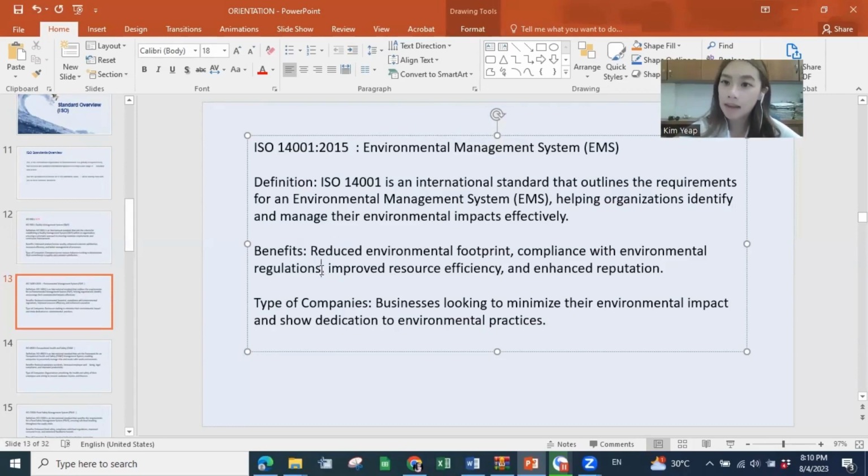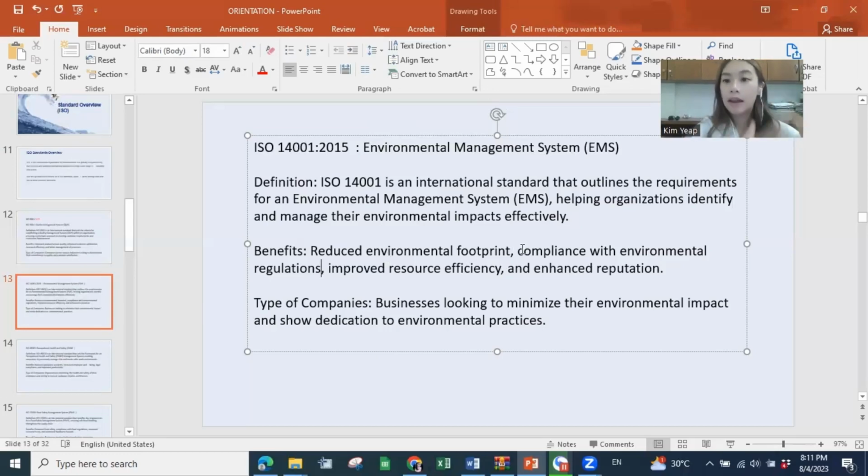If it's a regulation from the authority, usually the government, and you don't follow, this is where the consequences will come to you, those legal consequences and penalties. So when you comply with ISO 14001, at the same time it makes sure that you don't miss any regulation that the government wants you to follow. Okay, so it also helps you to enhance your reputation. People say, wow, this company has ISO 14001.